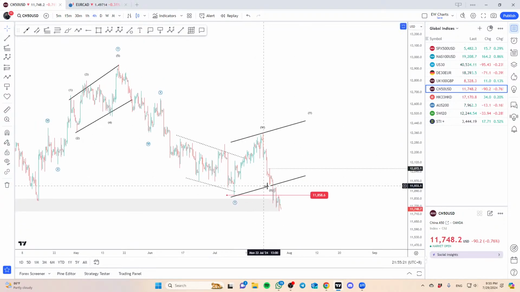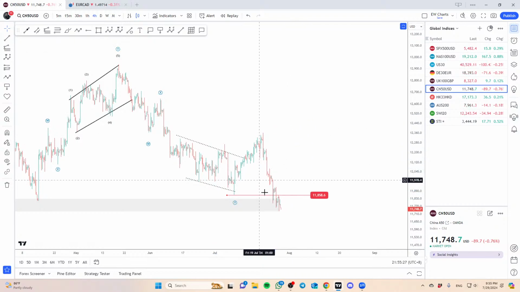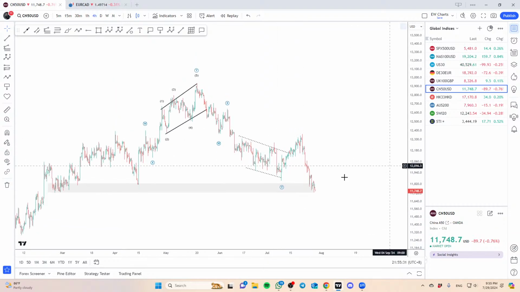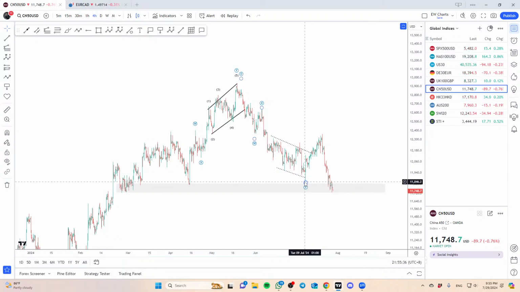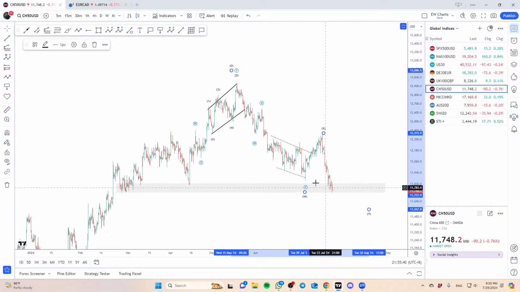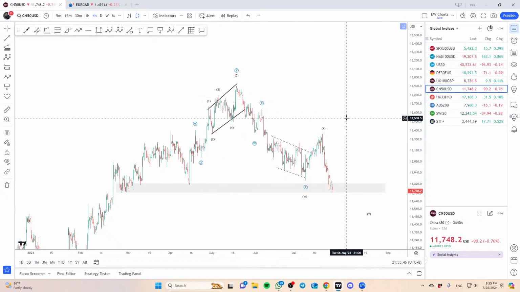A50, we didn't really get that move back up. You can see that's the confirmation area. So we didn't get that, and the market kind of bounced back lower. Let me just readjust this a little bit and see what's the clearest structure as of now. Probably see a little bit more downside from current take.